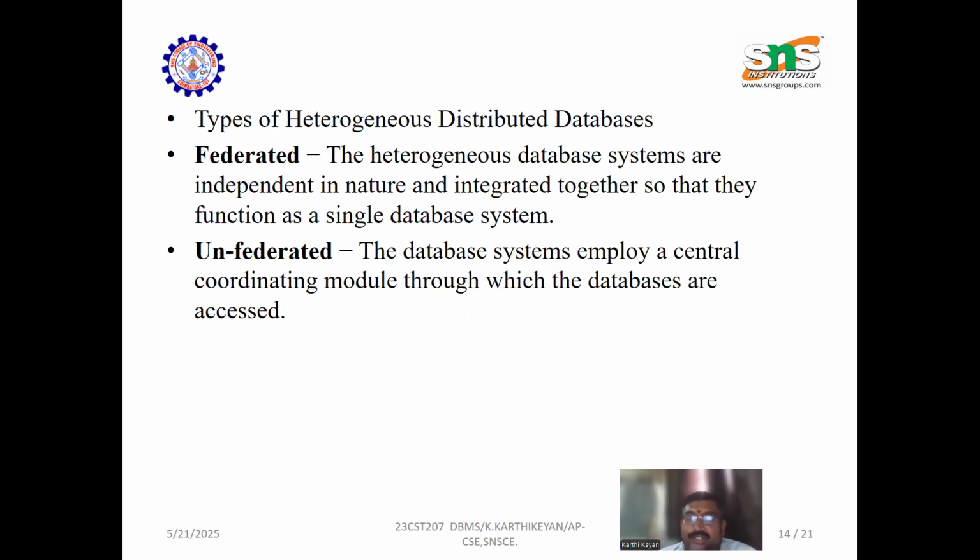The types of heterogeneous distributed database are federated and non-federated. In federated, heterogeneous database systems are independent in nature and integrated together, so that the function is as a single database. Unfederated databases employ a central coordinating module through which databases are accessed. Suppose I have two types of data structure, structured and unstructured, meaning multiple colors can be used in the same